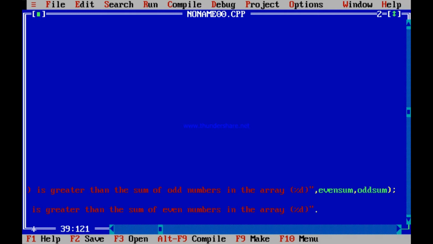So understand? Over here, it will be odd sum, over here it will be even sum.